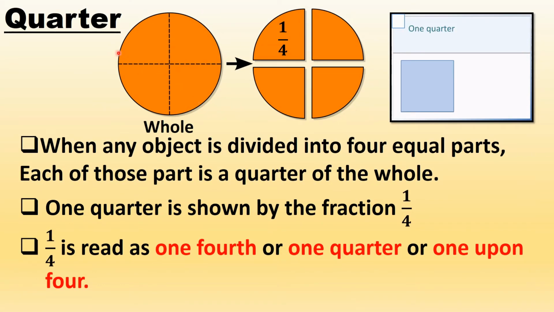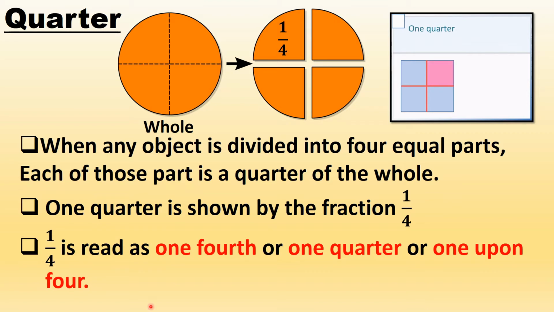Quarter. When any object is divided into 4 equal parts, each of those parts is a quarter of the whole. For example, one bhakri has to be divided equally between 4 people. When it is divided into 4 equal parts and one part is given to each person, each share is a quarter